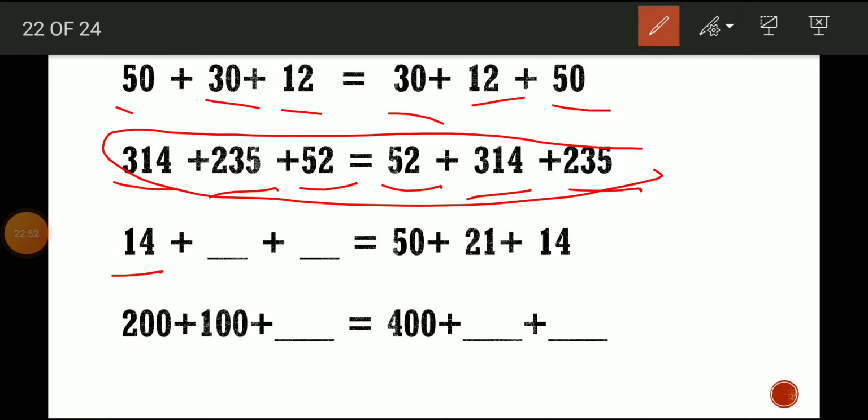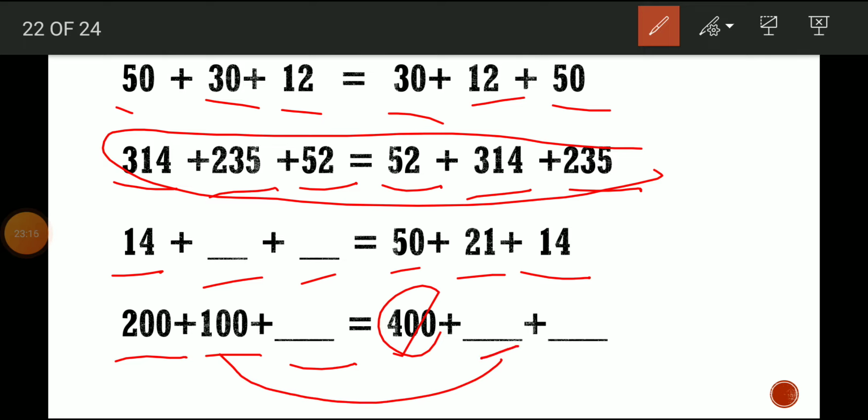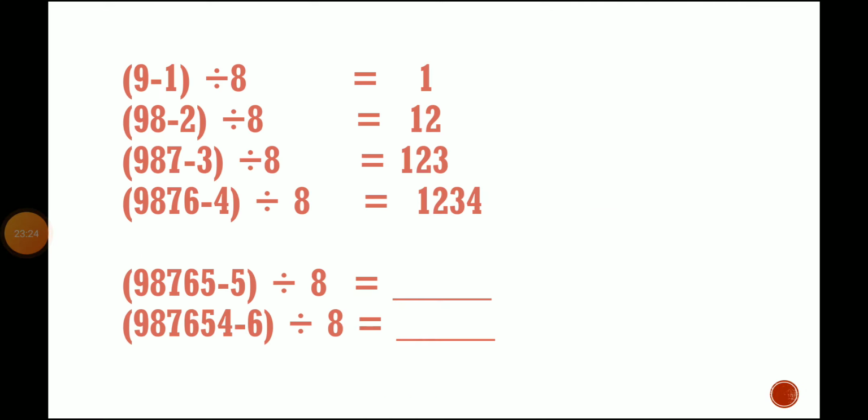Here is 14, here is 14, here there are two dashes. So here there are two numbers, you just put on the left hand side. And here that is 200, here there is no 200, here 100, here no 100, here one dash, here only the number 400. So we just put the two numbers here, and 400 comes here. Yes, this is one of the patterns.